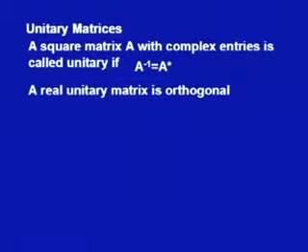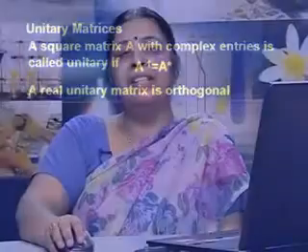And if the matrix happens to be a real matrix, then A star is nothing but A transpose, because the conjugate of a real matrix is the matrix itself. So, A star is nothing but A transpose, and in that case we have a unitary matrix as the same as an orthogonal matrix. In other words, we say that a real unitary matrix is an orthogonal matrix, because there we have A inverse is equal to A transpose.